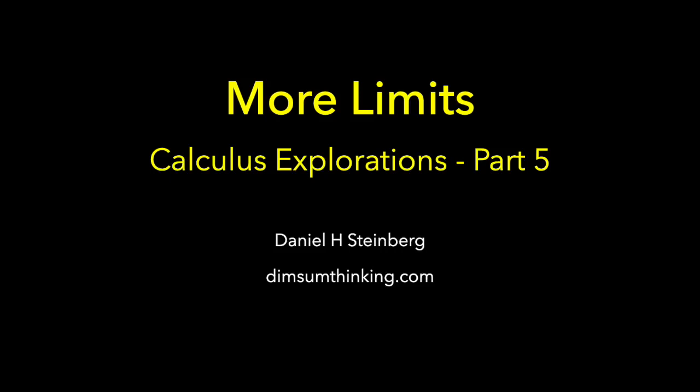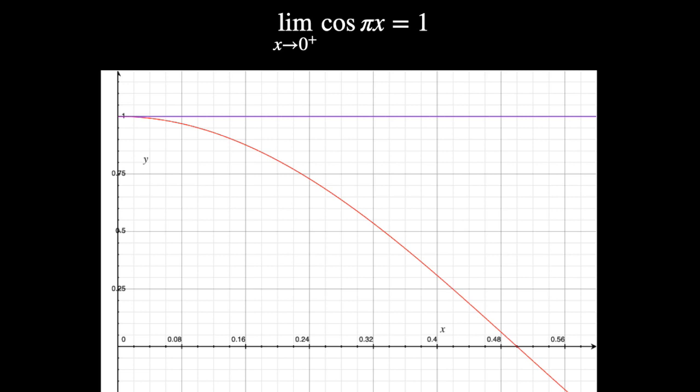This is Calculus Explorations Part 5, More Limits. Last time we looked at limits as we approached a point from the right. And in particular, we looked at the function cosine pi x and asked what happens as x gets closer to 0 from the right, and noticed that as x gets close to 0 from the right, cos pi x gets